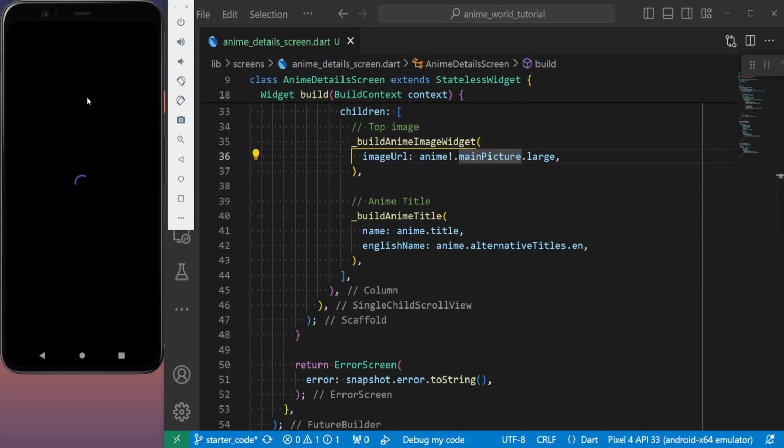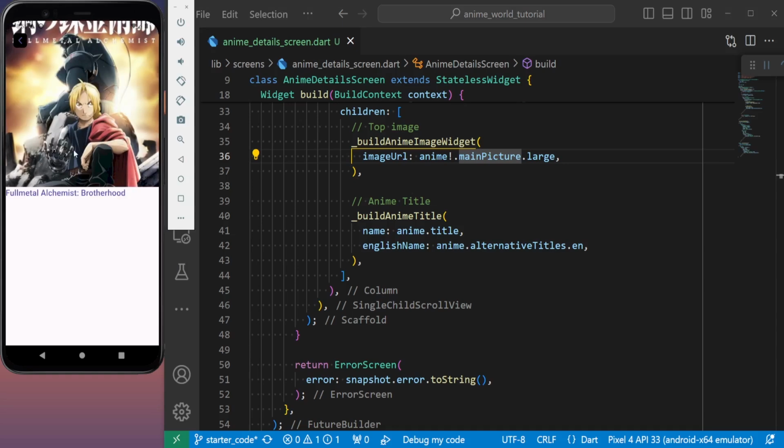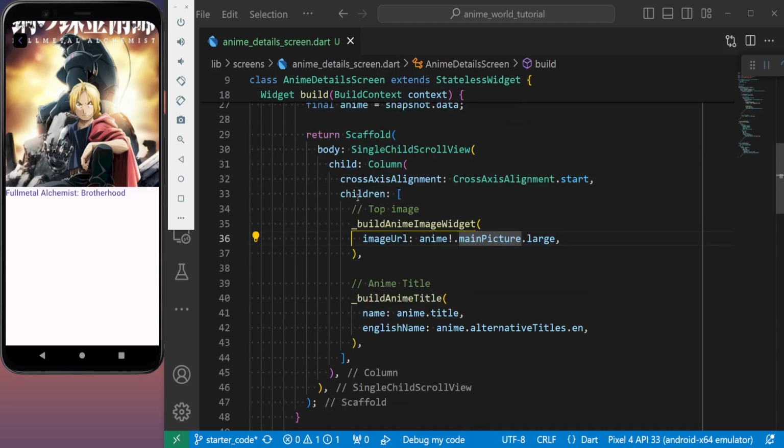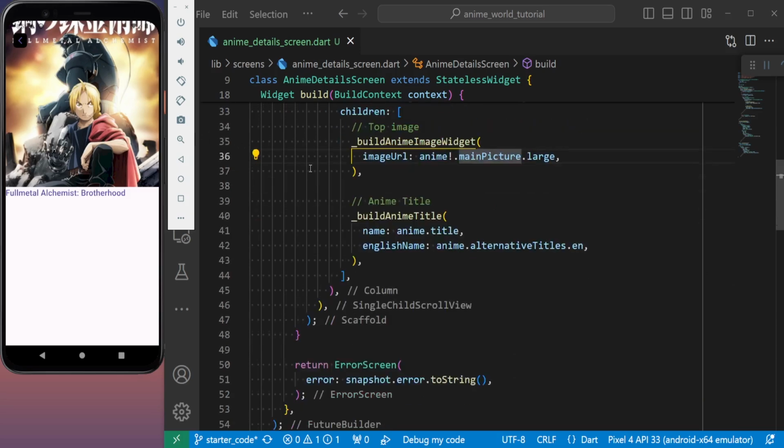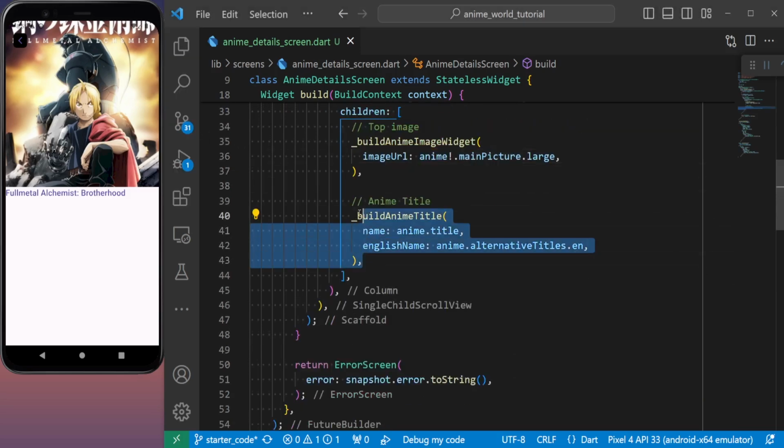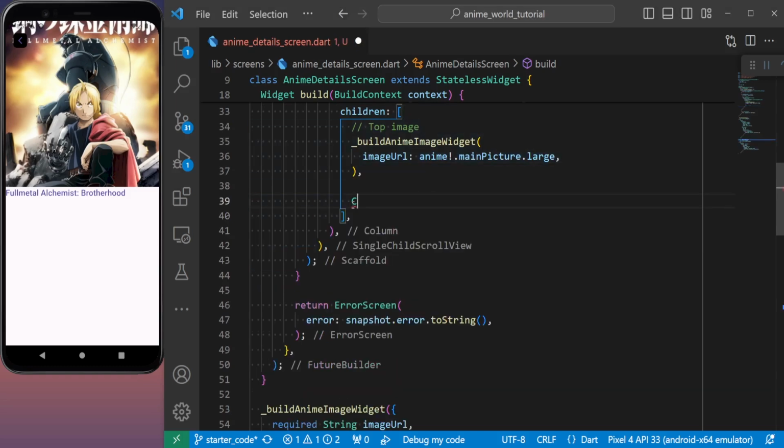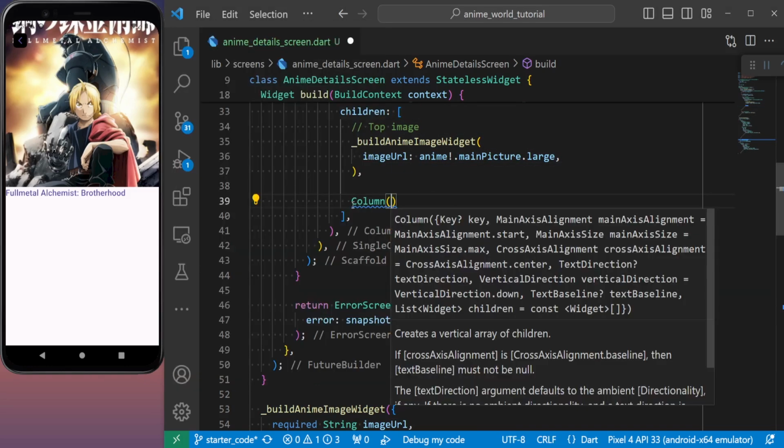So if we now go to our description, we have our image and we also have our title. But as you see, the title is not displayed so properly. So maybe we should give it some padding, but we don't want to apply the padding to this image because this image has to be taking full width. So for that reason, I'm going to move it inside yet another column. So let's wrap it with a column,